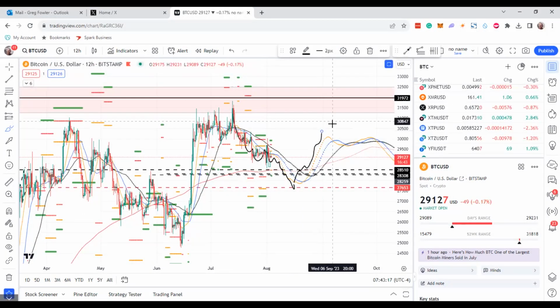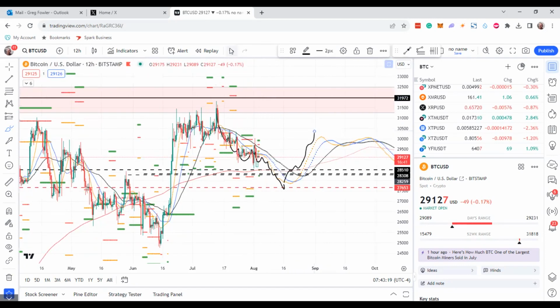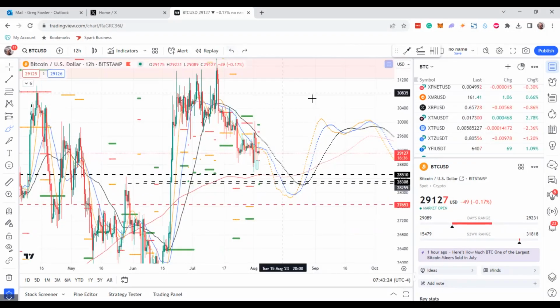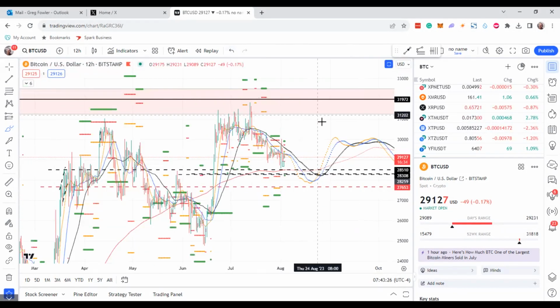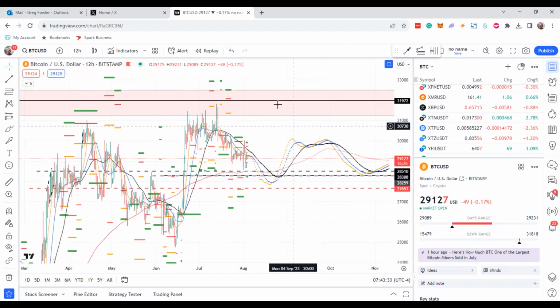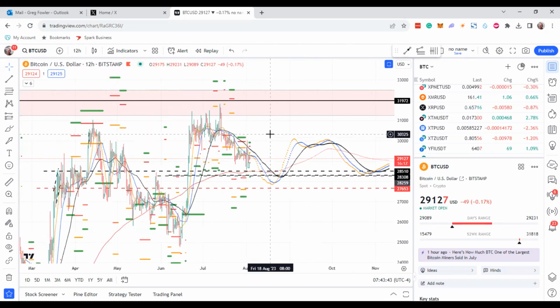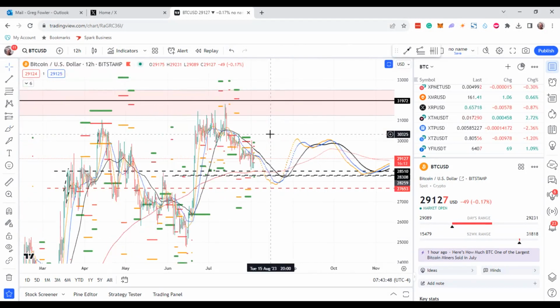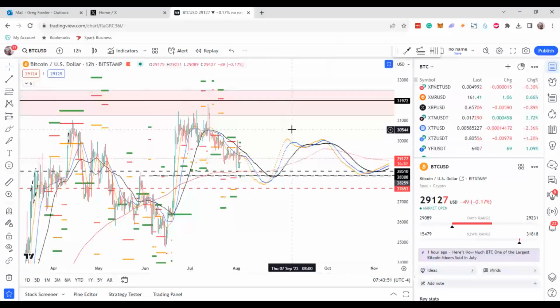Now, if it gets up and over that, maybe a little FOMO will kick in, and some bulls will step in that area and go, look at this, guys. We are above that massive resistance, because that's going to be a huge deal. This is going to blow up the Bitcoin market, because they're going to be above resistance, man. I'm telling you, just wait until you see the YouTube videos then. The bulls are going to blow up. And then the bears, I don't know what they're going to do. It's going to be interesting.